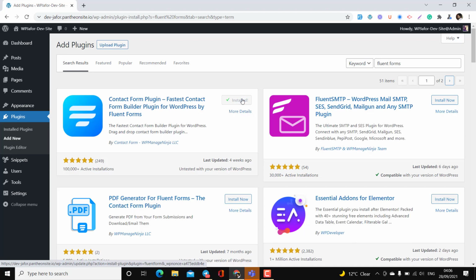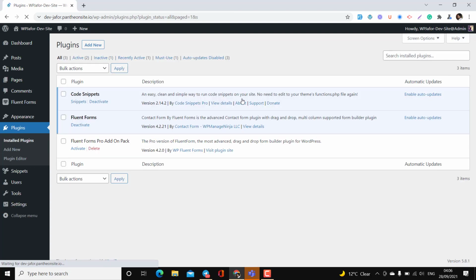I have used pretty much all other form builder plugins, and I can tell you that most of the form builders are really junk and slow down your site. But Fluent Forms is very good in that case. It's a pretty optimized plugin. After installing Fluent Forms, I'll also activate the Pro version of Fluent Forms, and